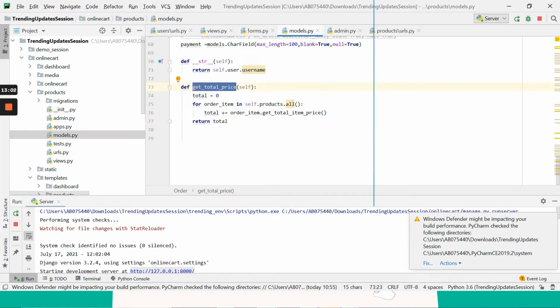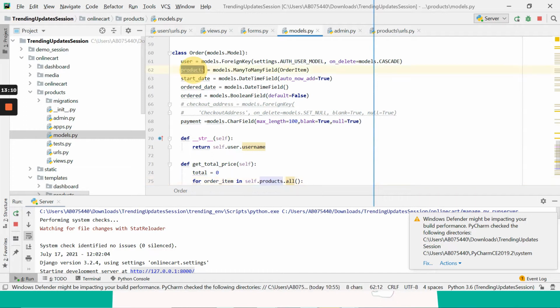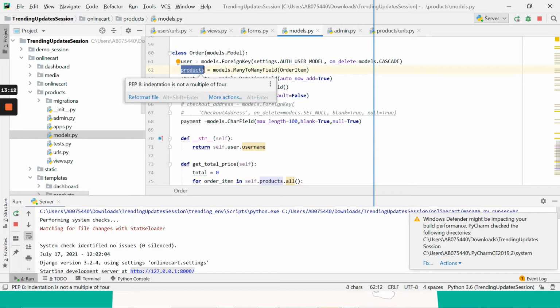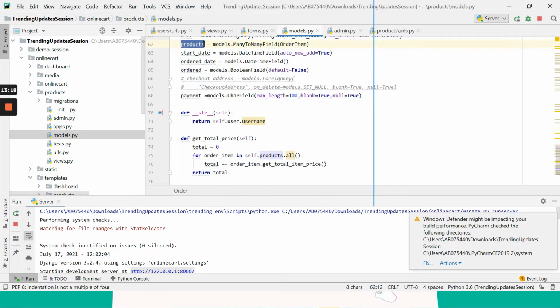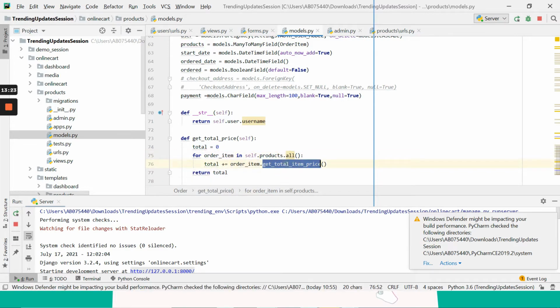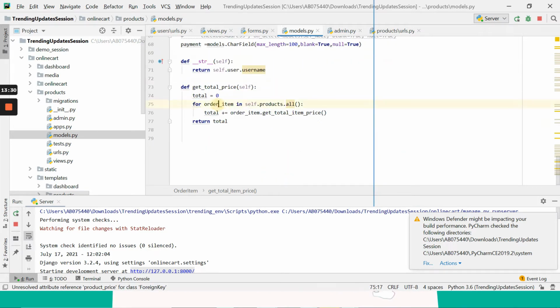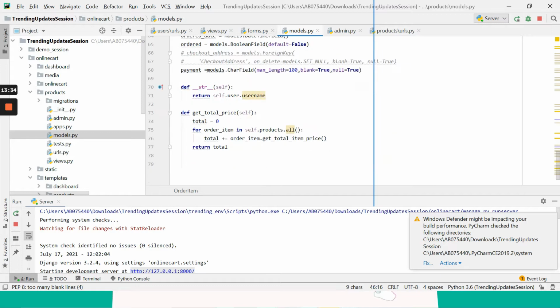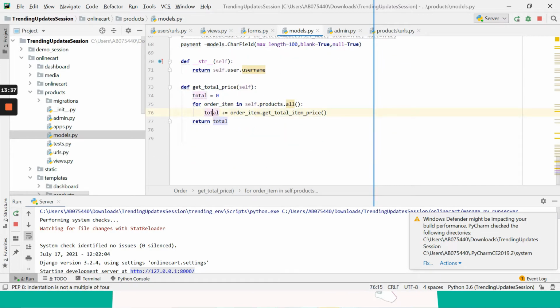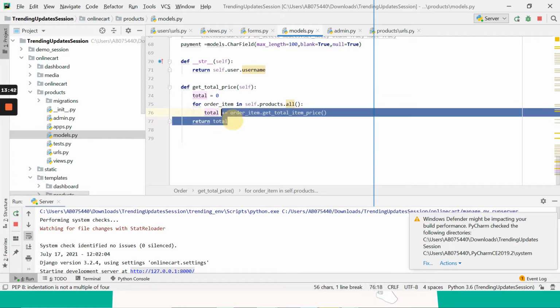And get total price is the actual price of all the orders present in the products. Here if you see, self.products is there. You will be having multiple products inside these orders. Then take all these products, take one product, and get the total price of it. This total price is coming from here. This is the object for the class OrderItem, and it is getting the total from here. The total is first marked as 0 and then total plus. Whenever the total is there, it will give the grand total to us.